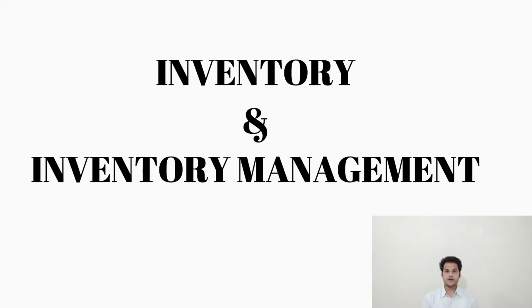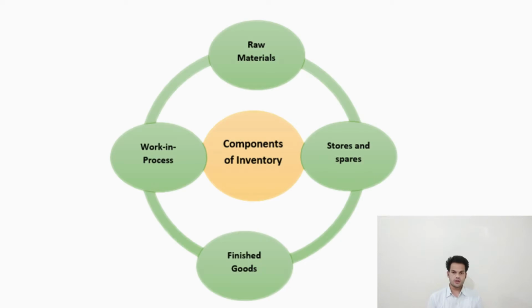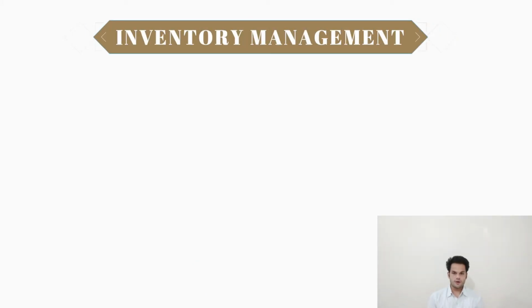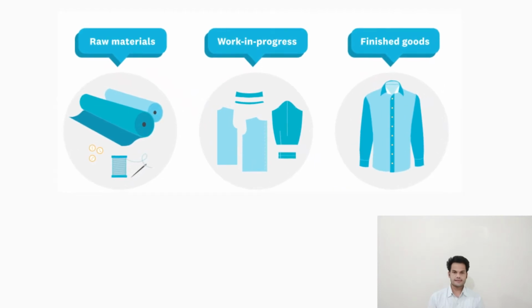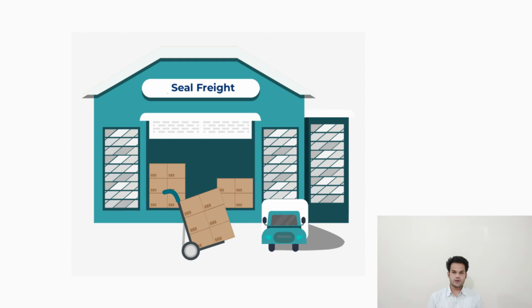So let us first understand the role of inventory and inventory management. Inventory is the list of items, component parts, work in progress and raw materials a company uses for manufacturing or selling. On the other hand, inventory management refers to the process of ordering, storing, and using a company's inventory. This includes management of raw material, components, work in progress, and finished products, as well as warehousing and processing of such items.